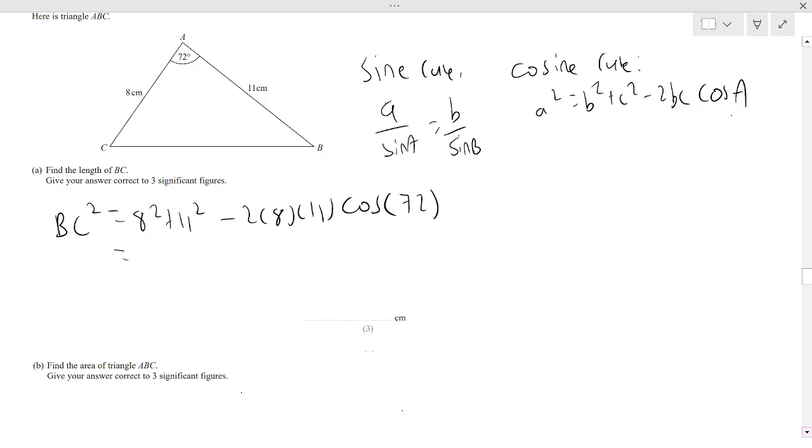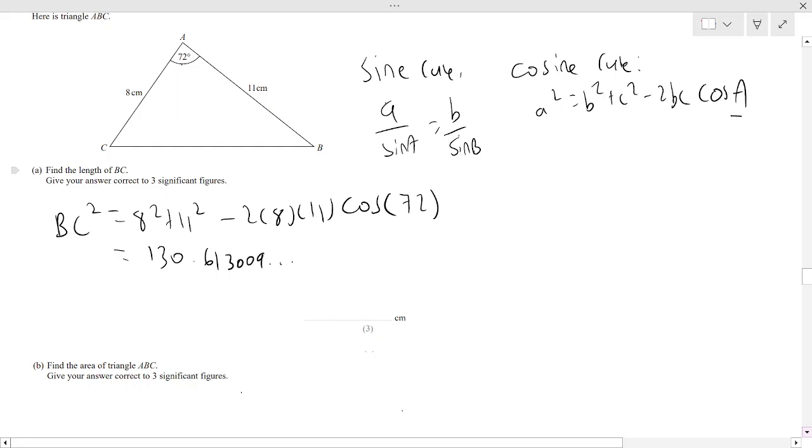Because bear in mind, this angle A has to be the opposite to the angle we want to find out, which it is, right? It's facing this side here that we want to work out. So 72 is the angle here. If we put that into the calculator then, that's going to be 8 squared add 11 squared minus 2 times 8 times 11 of cos 72. And that gets you this number here,